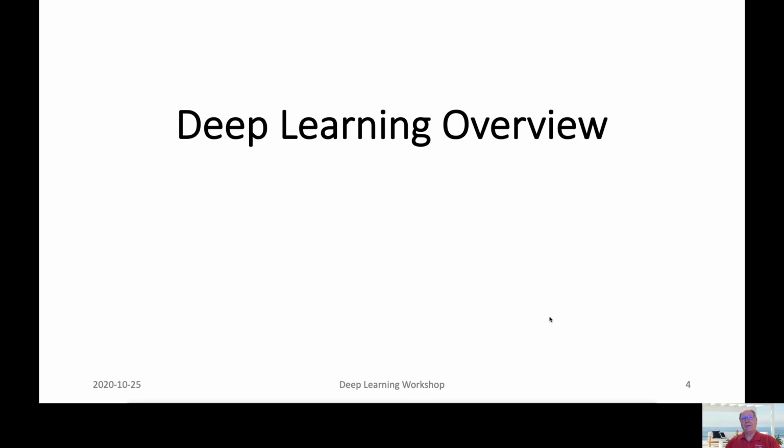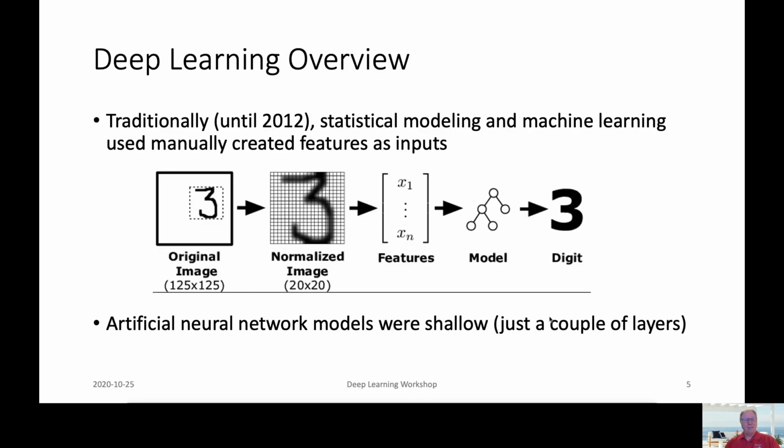So first of all, a bit of an overview, at the 500-foot level: deep learning is really about the ability not only to classify or make predictions of real values from things like images and audio files, but it's actually the generation of features that allow us to do that.